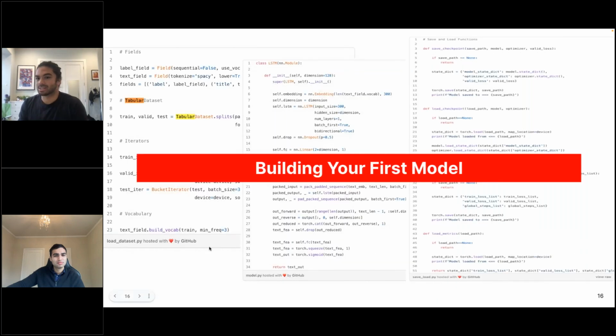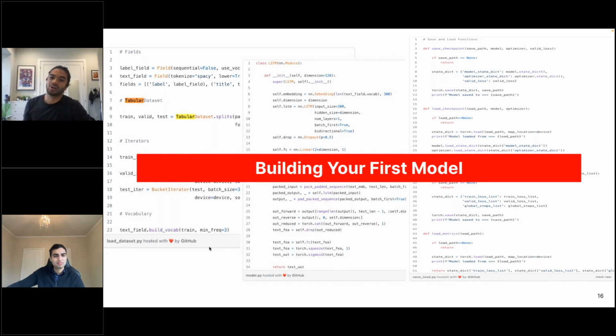So this can mean different things to different people, depending on your ML experience. For some of you, this could mean the first model for your project. For some of you, this could be your first model ever. Regardless, building your first model, especially if you're on a pure software development team with no ML support, can be